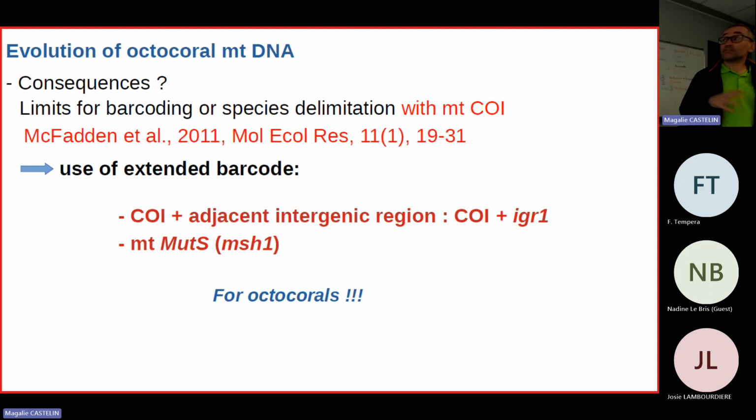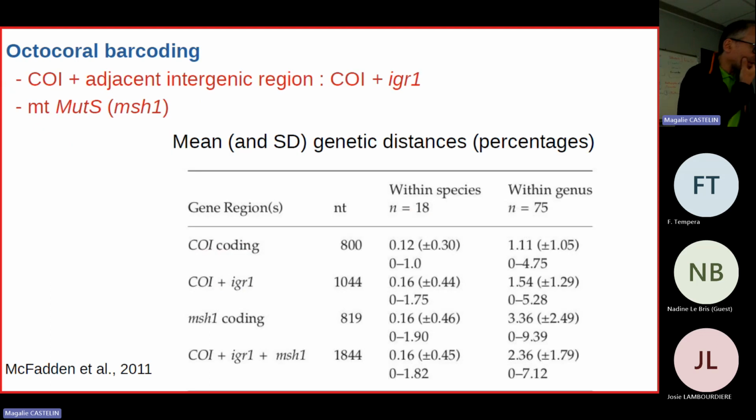So this extended barcode is well used in octocorals right now, and you have a lot of sequences of CO1, IGR, mitochondrial MutS, or sometimes both of them for the same species. I will go fast about this, but it was in this article of Catherine McFadden, which has shown the mean of the genetic distance percentages observed within species and within genus for CO1 alone, CO1 with IGR